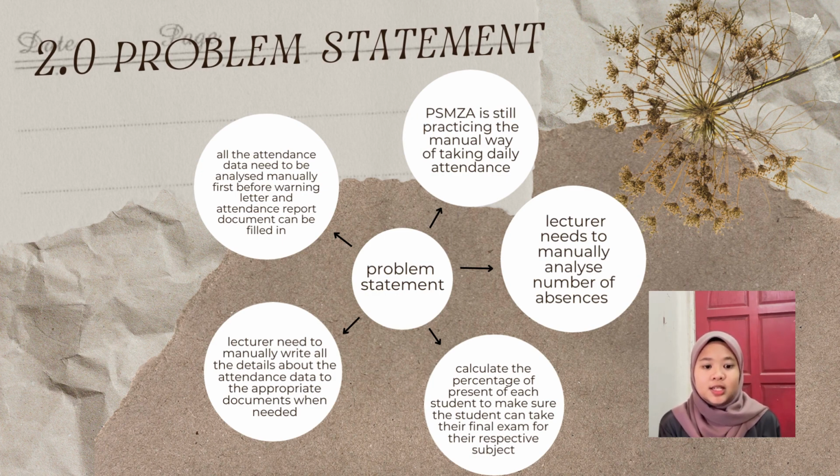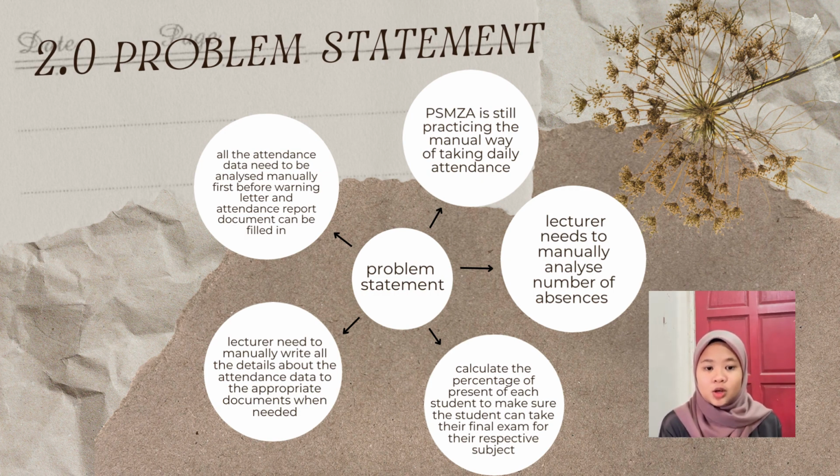Besides, the lecturer needs to manually analyze the number of absences and calculate the percentage of presence from the attendance list collected or recorded. At the end of the semester, the lecturer is required to calculate the percentage of presence of each student to make sure the student can take their final exam for their respective subject. Therefore, it is time-consuming and the result of the calculation might go wrong when the lecturer misses out some of the data